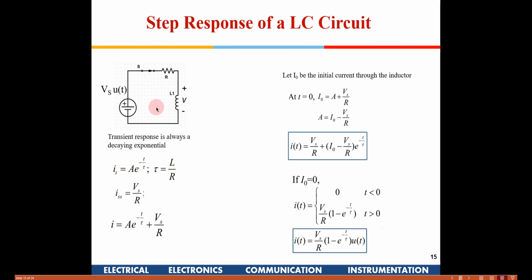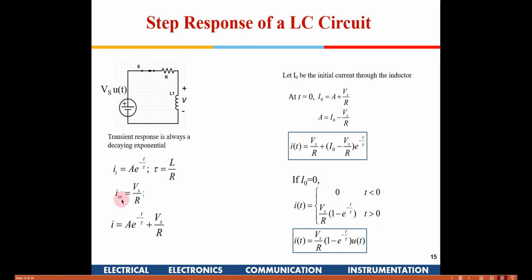Any current in such circuits will have two components: one is the steady state current and one is known as the transient current. The transient is a temporary phenomenon and it will die down after some time, and the steady state is going to remain there. The transient can always be represented as A e to the power of minus t by tau, because there is an R and L. So I can write the transient current as A e to the power of minus t by tau. That means this is just a temporary phenomenon, it will die down.